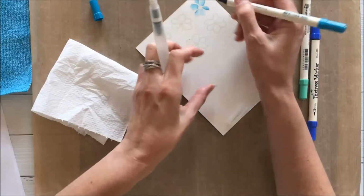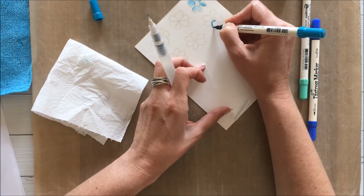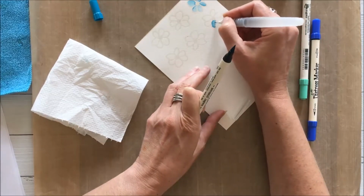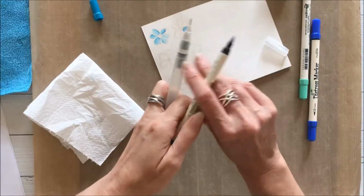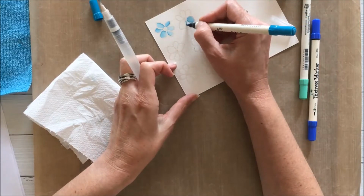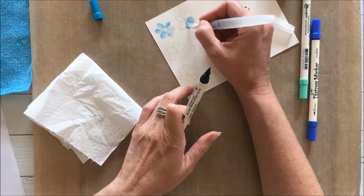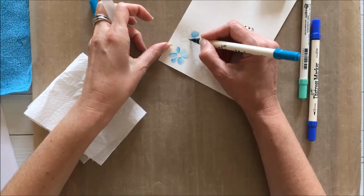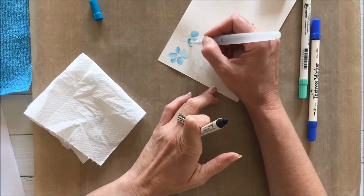So I'm going to show one more, and I'm doing the same technique. I'm just laying my color on the left and just drawing out the color to the right and just blending it out. So I'm just laying my color on the left, using that embossed edge as a guide, and because it's clear, it looks really nice. Again, I'm just putting my color down and then just using the water from the water brush to